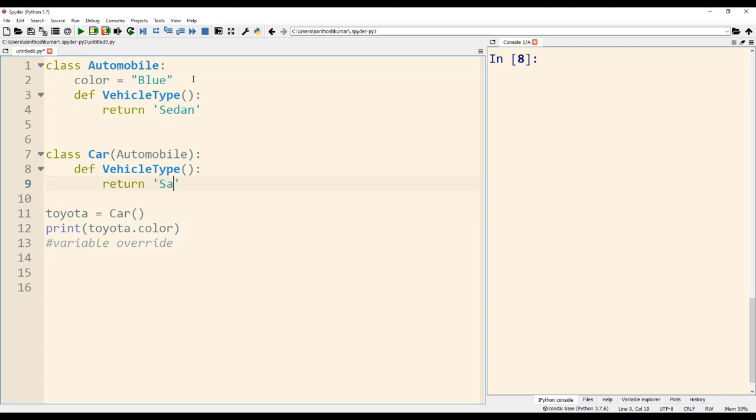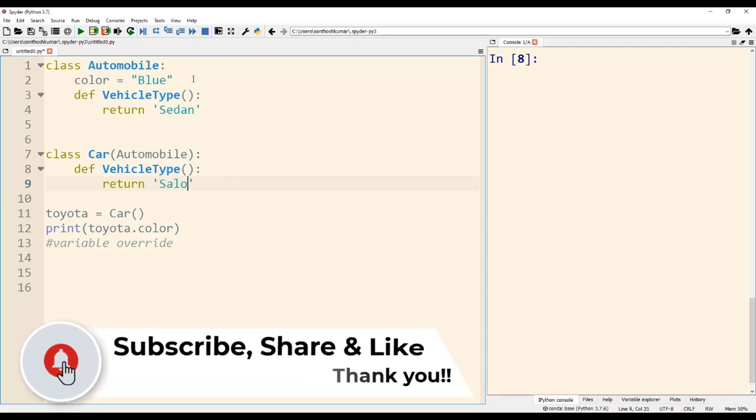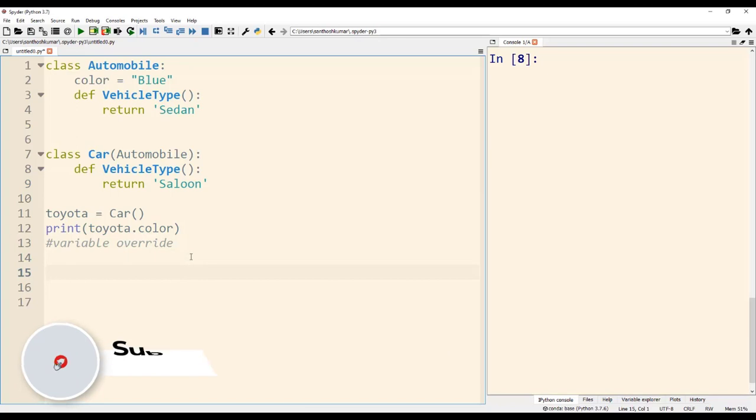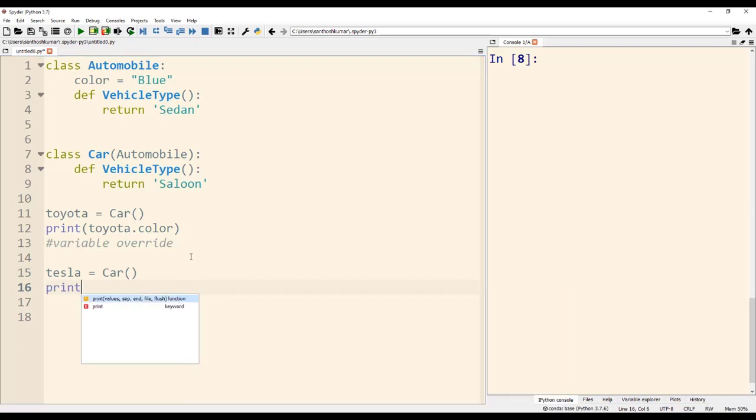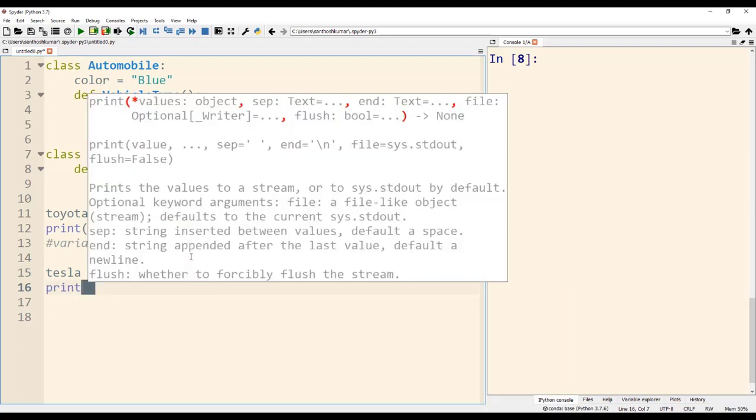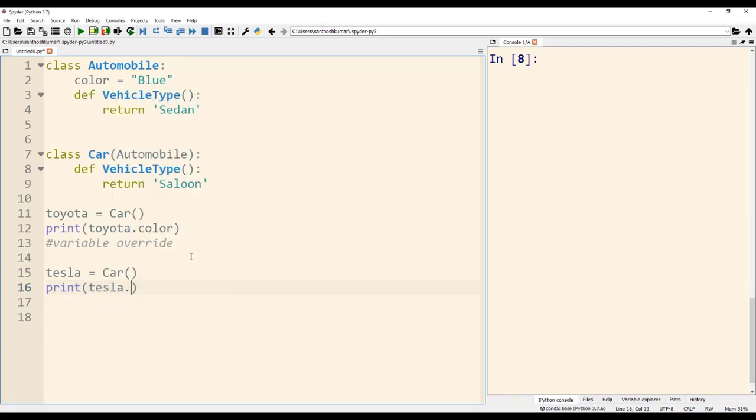So the vehicle type method in the car class has overridden the method in the automobile class because they have the same name. In line number 15 I am creating an instance of the car class, assigning Tesla equal to car, and then printing Tesla.vehicle type, which is going to be the method within the car class.